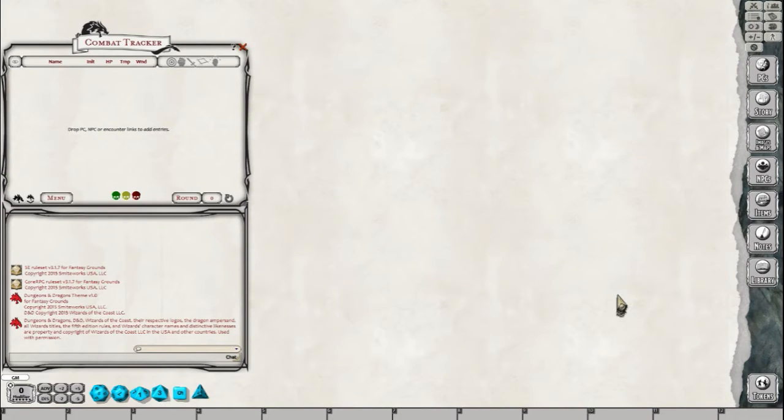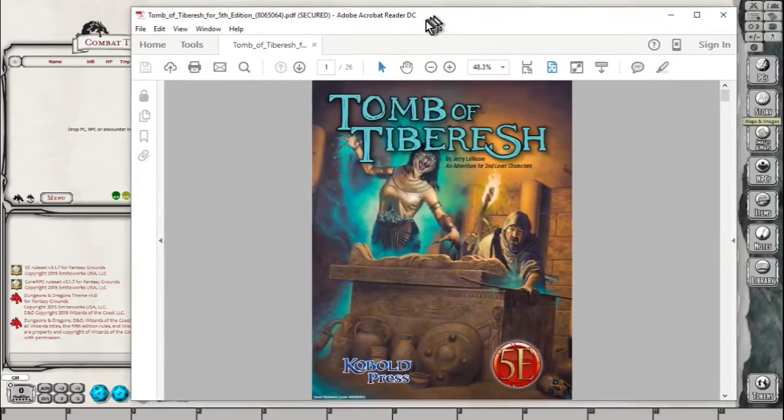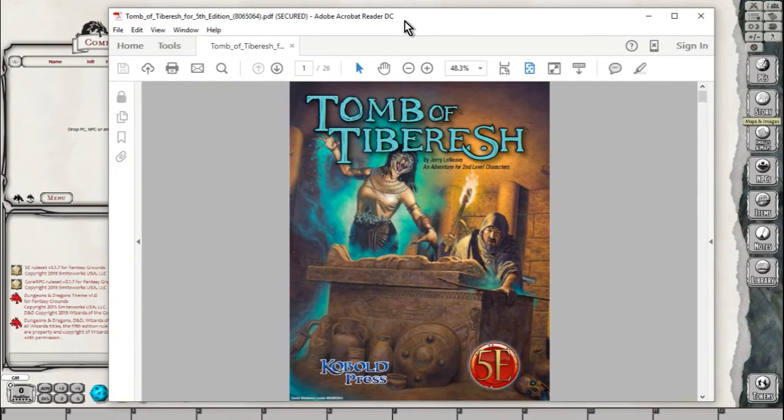Alright, so talking about organization. I'd love to have a module that's super organized. And I love to have everything in order. From GM notes at the beginning, all the way to part 1, part 2, part 3, all the way down to the end. Now, for this particular module that we're going to create, we're going to be using the Tomb of Tiberish. Alright? And this is a really cool little Egyptian-themed